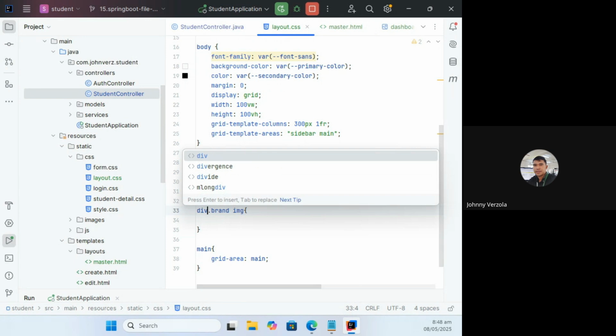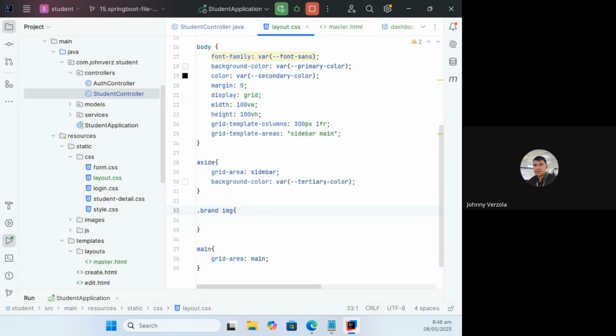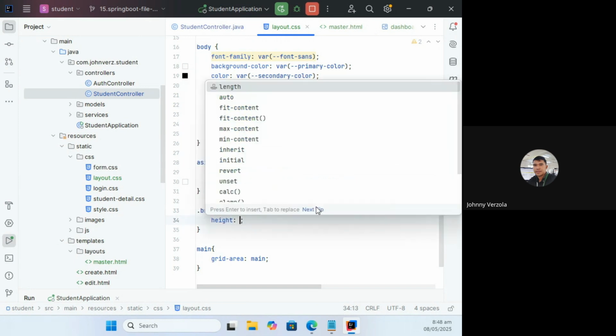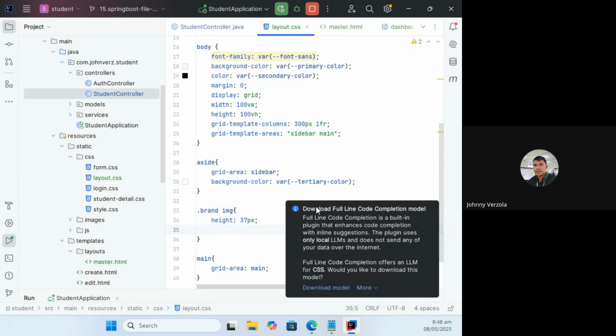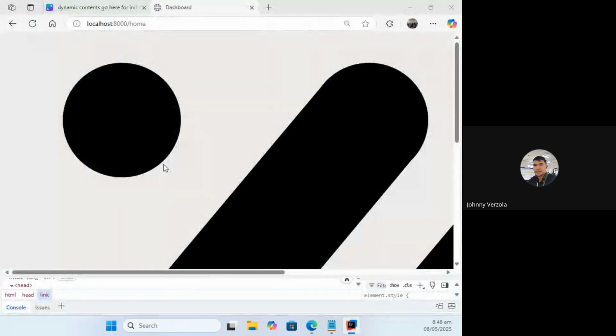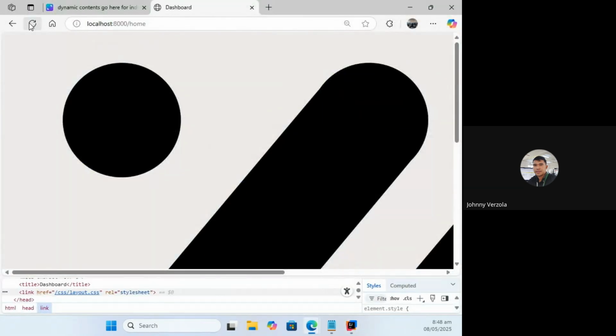That's just fine. You can do it like that, or you can just omit it. Okay, I'm just going to set the height. I think the height was 37 pixels, if I can remember. Width is auto. Okay, I'm just going to deal with that just to have a fix of this one because it's too big.